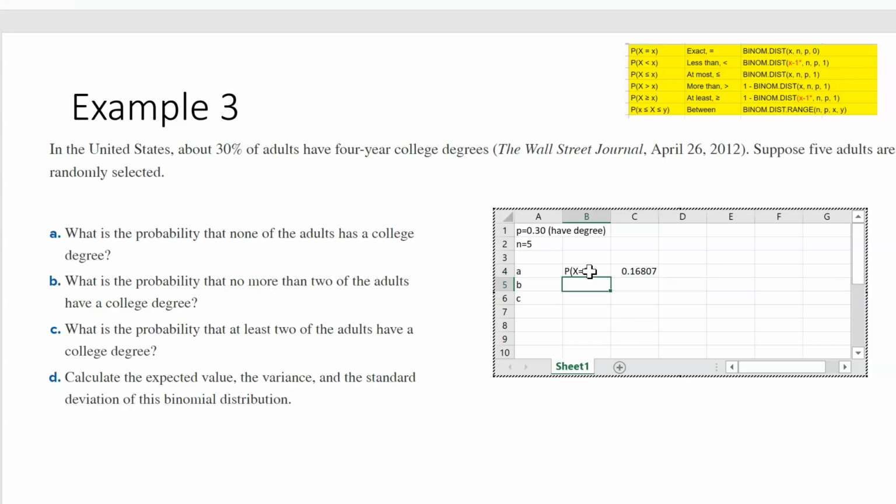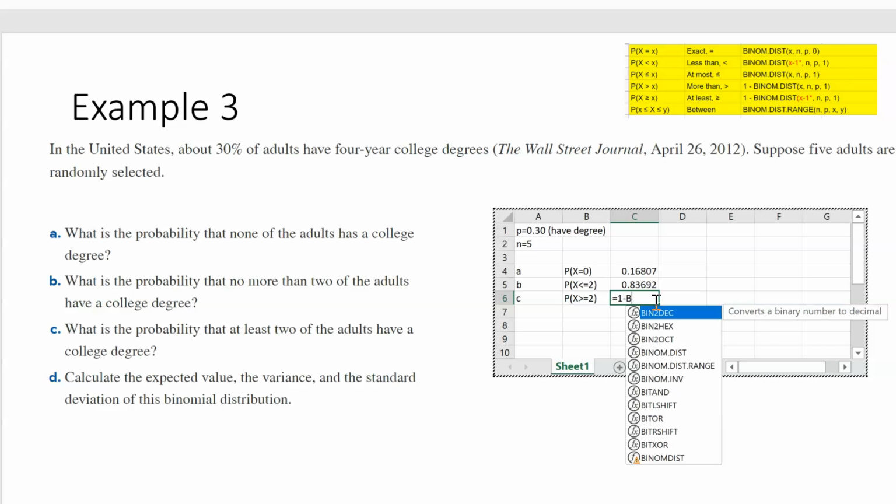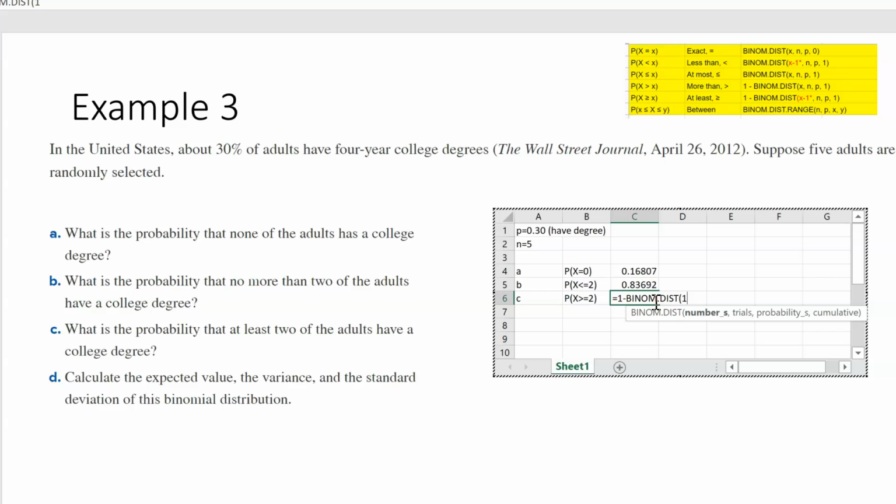That is the probability. What is the probability that no more than, so that's less than or equal to, no more than 2. No more than 2, less than or equal to 2. So that is our binomial distribution of 2, 5, 0.3, and 1. And that is the probability. For C, what is the probability that at least 2? So 2 or more. Greater than or equal to 2. So greater than or equal to 2, that's the same as 1 minus less than or equal to 1. So that's going to be 1 minus binomial distribution. So we're talking about 1 this time, 1 less,